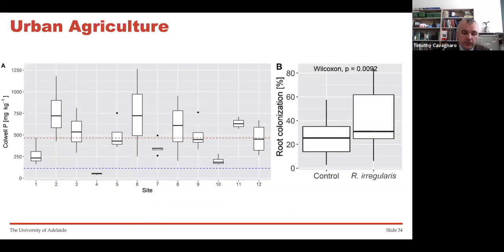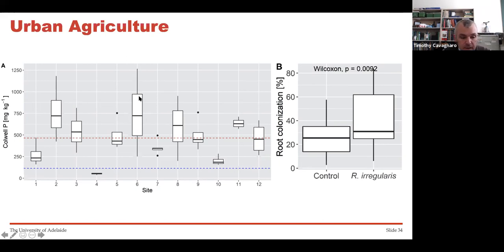This next figure shows plant available phosphorus in the soils. So we've got our 12 different sites on the x-axis, and on the y-axis we've got the Colwell P. Anyone who's measured a Colwell P will immediately know what I'm about to talk about here. These levels are very, very high. Okay, we're getting Colwell Ps up in the sort of 700 milligrams per kilogram range, some in excess of 1,000